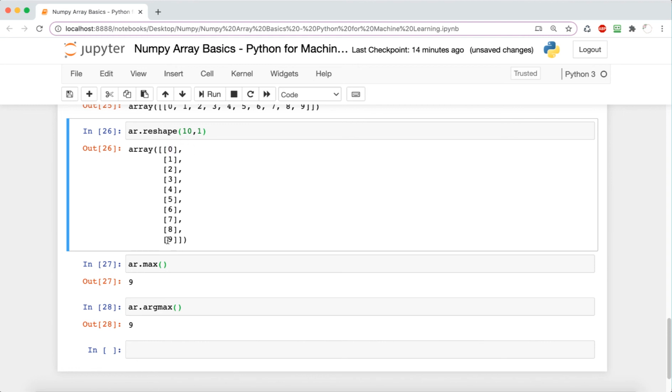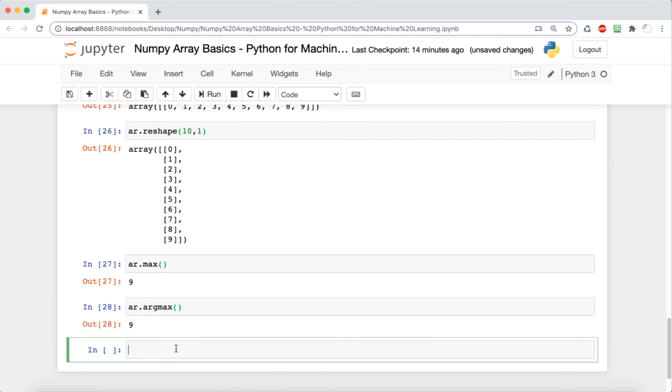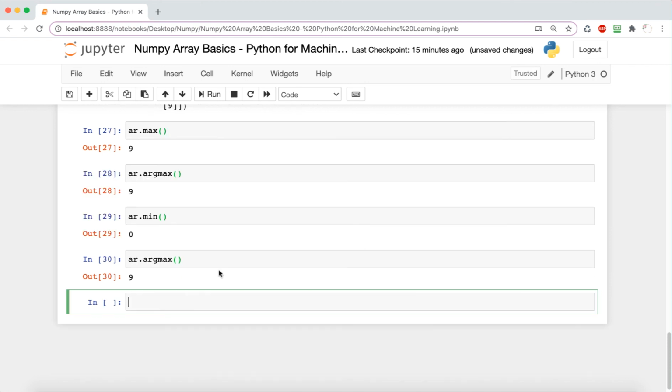But basically, argmax finds the index of your maximum value. Next, we're going to look at the min function, which finds the minimum value. And we can also do argmin on this one as well, which will find the index of the minimum value.